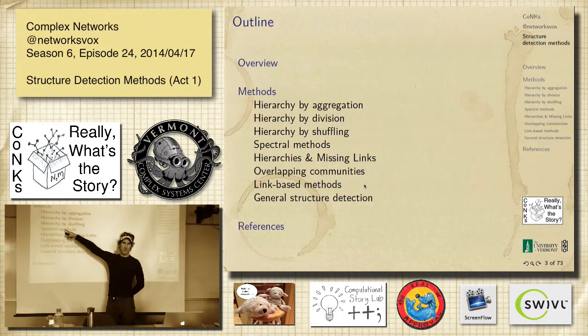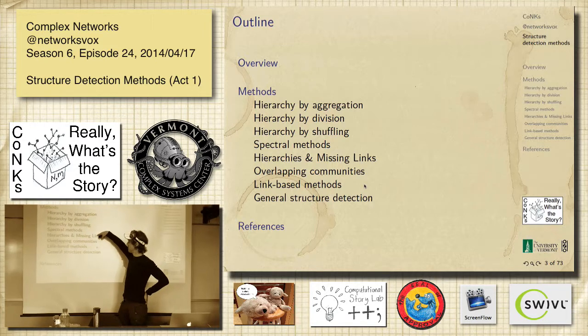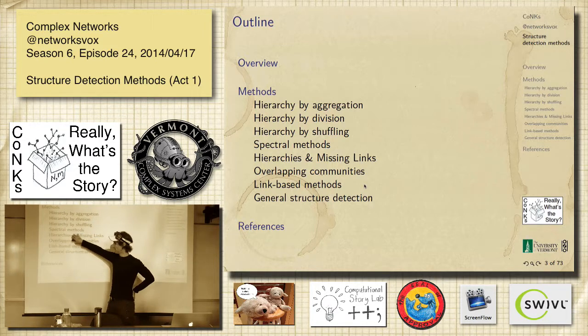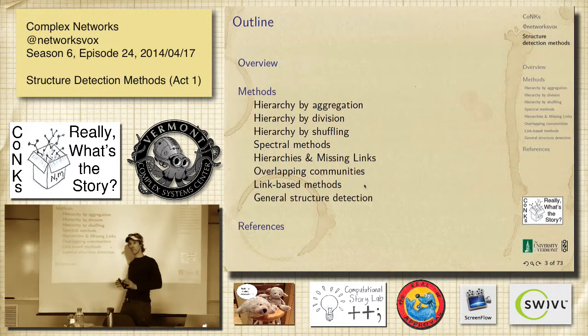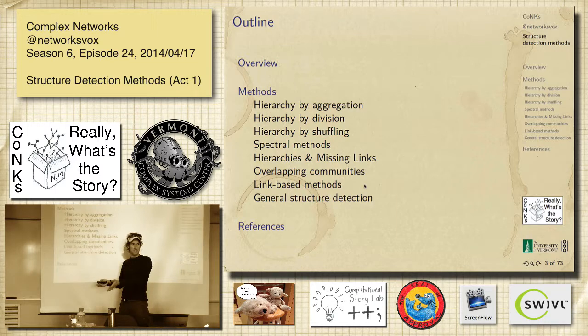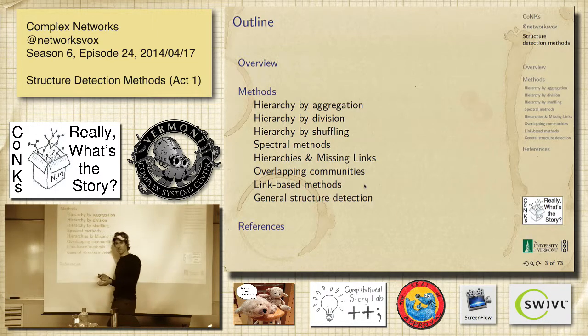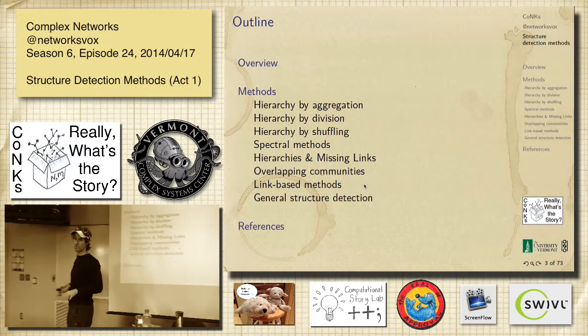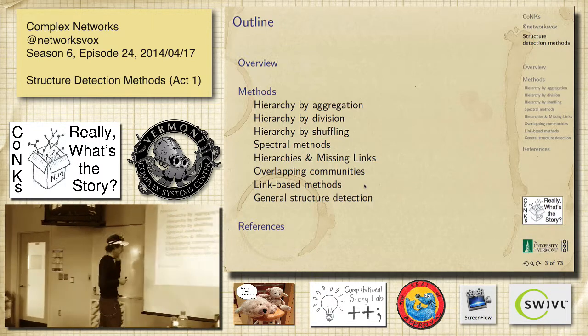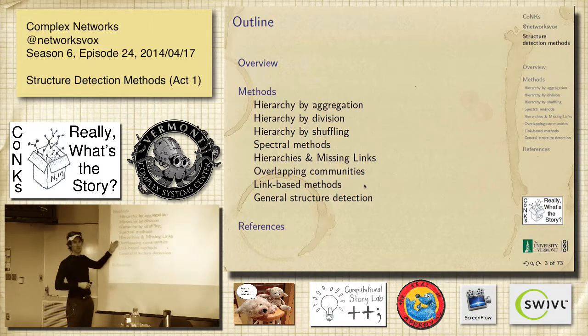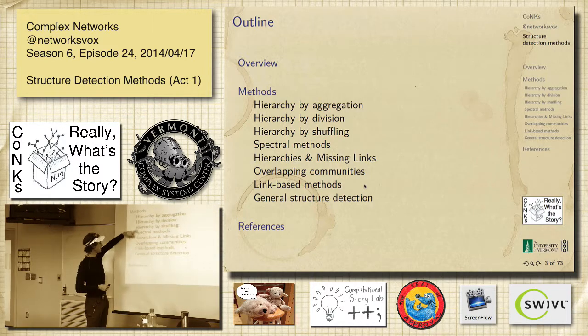There's a spectral method, so there's going to be some eigenvalue, eigenvector stuff popping up, which works. It's a little spooky, which is spectral, I guess. We'll have missing links. This starts to say, well, we're going to detect communities, and we're also going to say, maybe you're missing these links. We're going to do this so well that we'll be able to guess which links you haven't been looking at properly, or which ones you may have measured incorrectly and they're not really there. So that's clever.